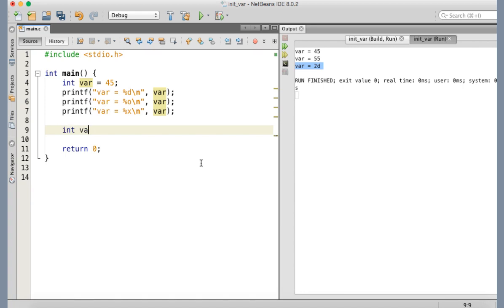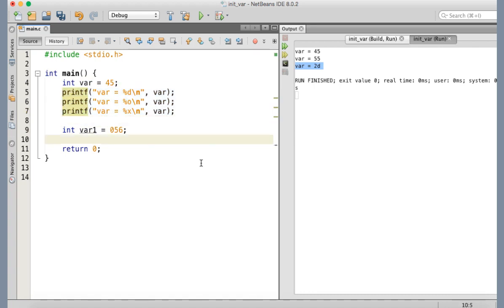Something goes like this. Say we have a variable var1 and I want to initialize this with octal value 56. Then I can just write this. Any numeric constant starting with 0 is considered as octal constant. That means here 56 is not actually decimal 56, it's actually the octal 56. Now if I just try to print the content,